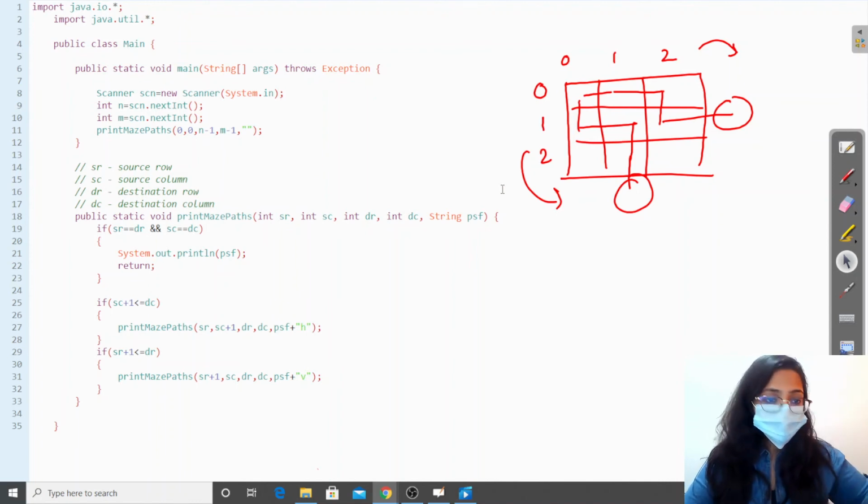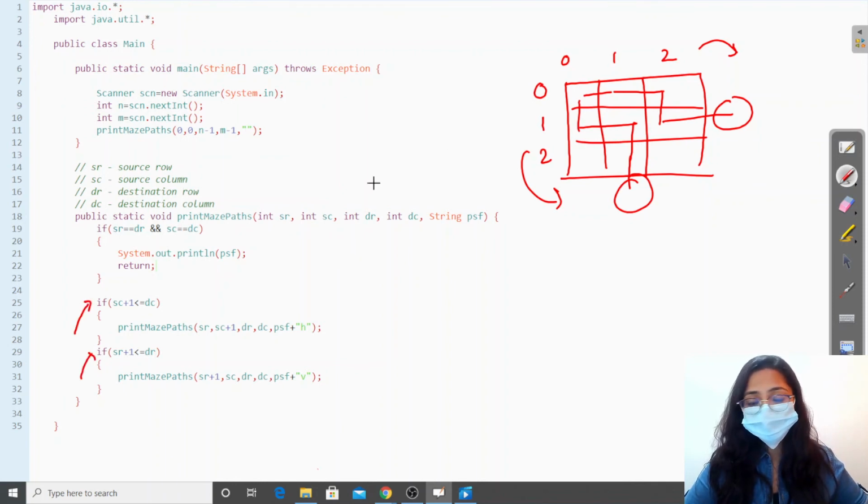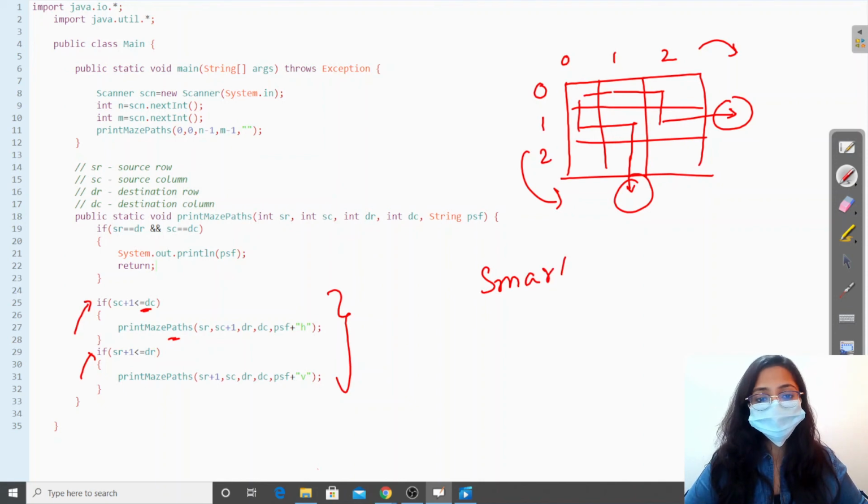So we discussed the approach where I handled my cases, the test case where I'll exit the array because of calling horizontally and vertically. Within this, I handled this case while calling the function. So this is known as smart call.